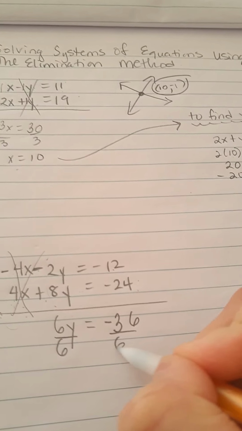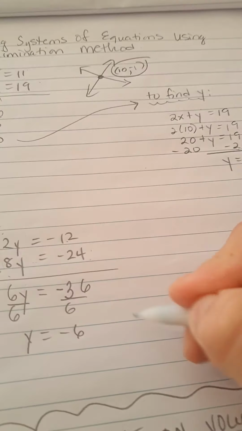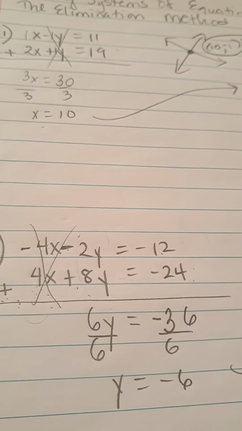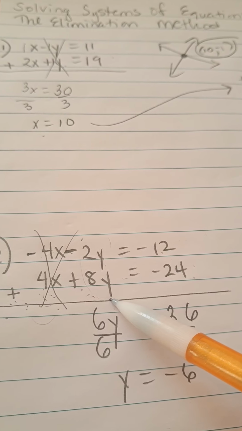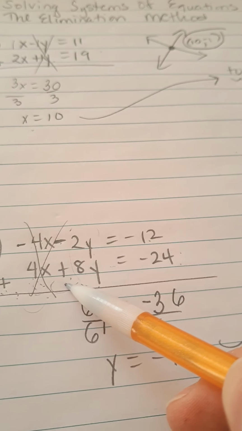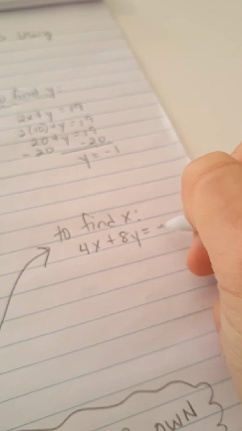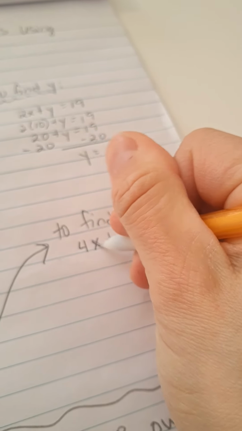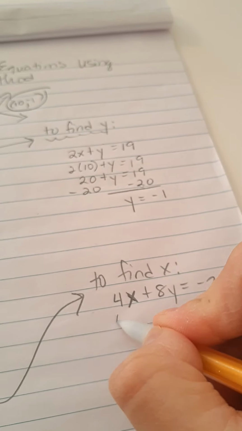Divide both sides by 6. This time we solved for y first. It doesn't matter. So to find x, which one's easier? Guys, it's a crapshoot. I honestly always like the positives, though. It makes things easier. So why don't we stick with the one that has the most positives? So to find x, I'll use the equation 4x plus 8y equals negative 24, keeping in mind it doesn't matter which of the originals you pick. Okay, so I'm going to plug in